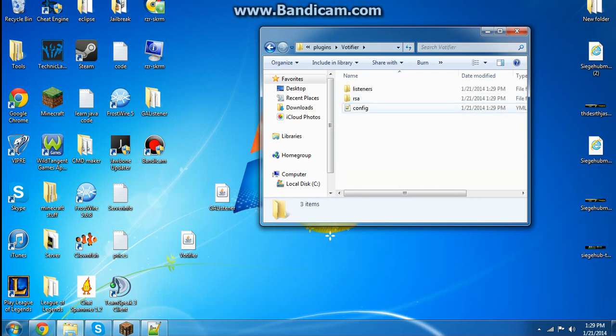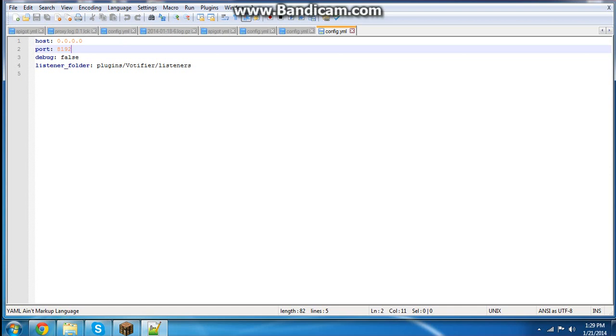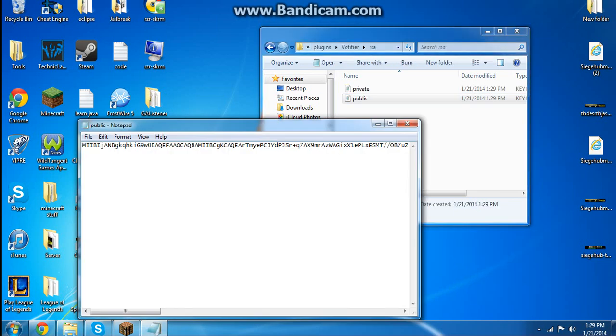Votifier config. Okay, now for the first server, you're gonna have to change the port because that other Votifier in your hub server is running on this port already. So you have to change this port to 8193, because I'm pretty sure everyone's port is open on this one. So you file, save that. Now you go to your RSA, go to your public key. You take this, copy it,